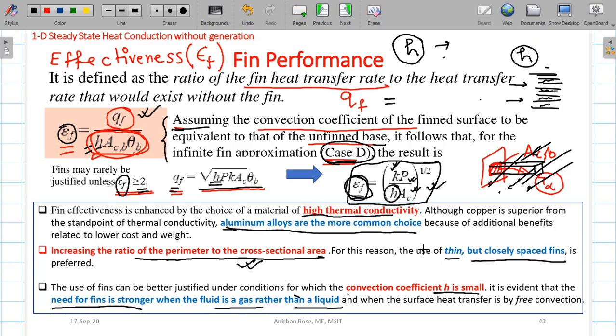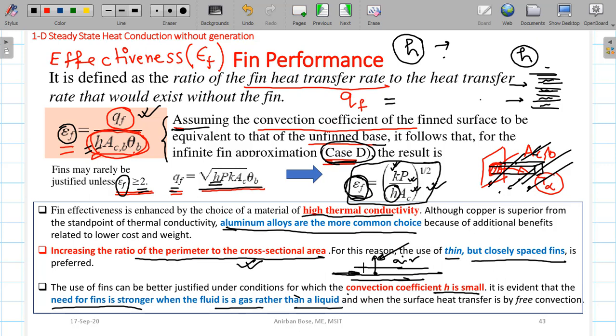So for example, if you just think of this situation, suppose there is a pipe, and through this pipe hot water is flowing, and your objective is to cool this water, and that is why outside the pipe you are flowing air. Where does this situation occur? In case of a radiator. We have seen in case of a radiator, hot water is passing through the radiator tubes, and outside the tubes air is blown. Now in this situation, heat is required to transfer from this liquid water to the air.